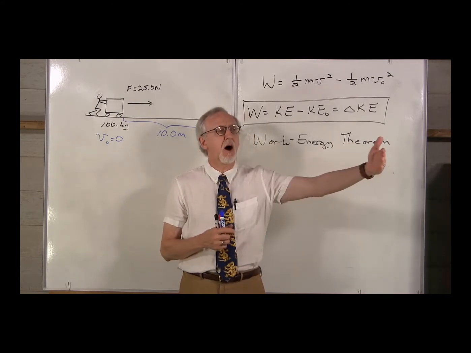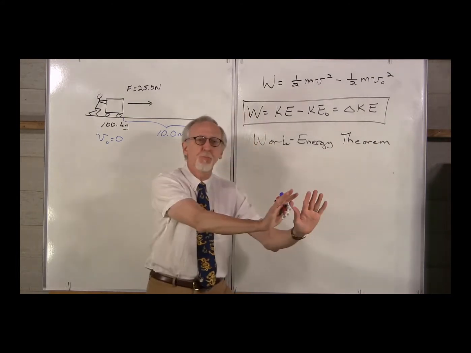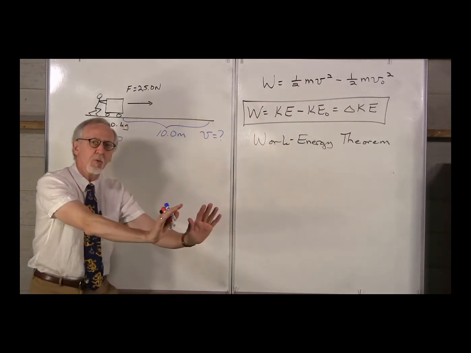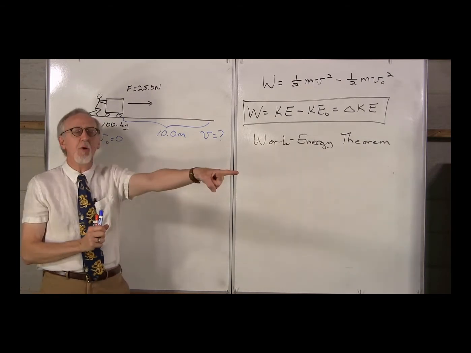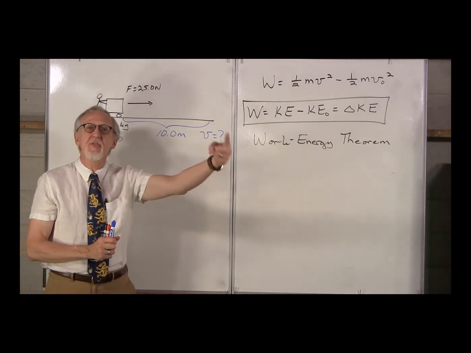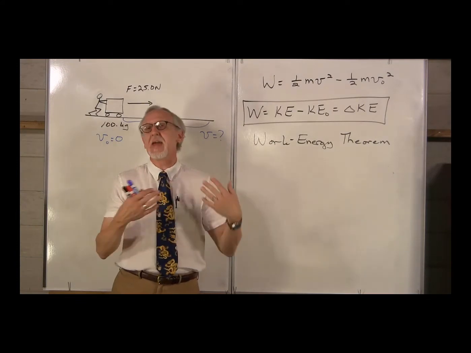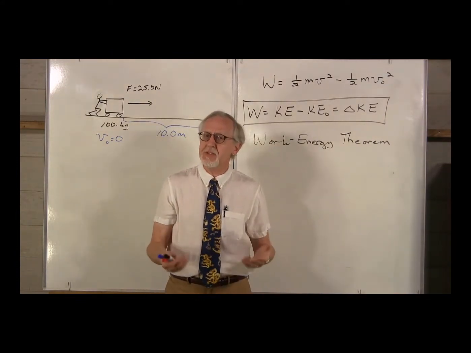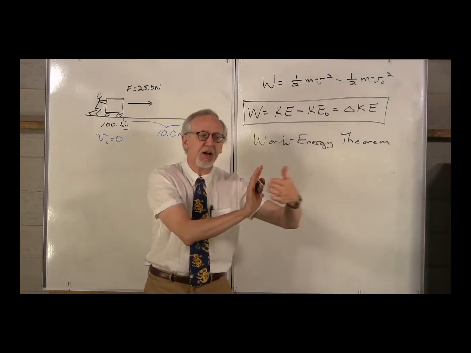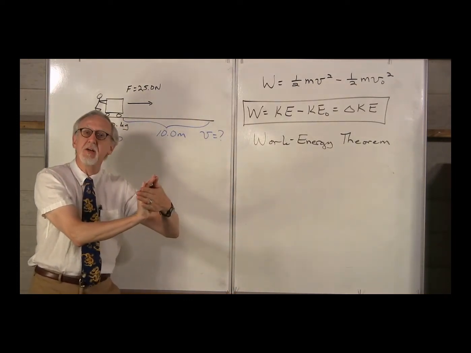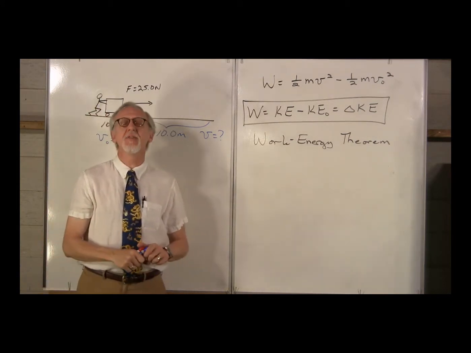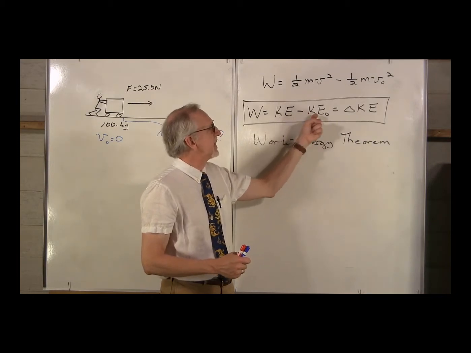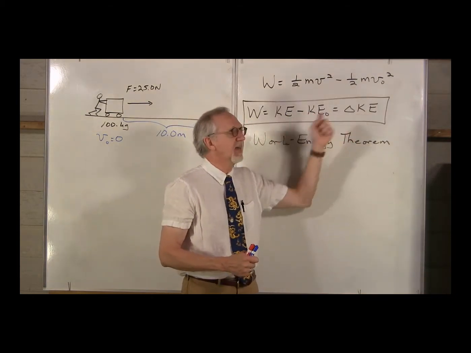What if we did negative work on an object? Imagine that there's a car rolling toward you, and you push on that car, and as that car moves forward, you have to move backwards to stop it. You are now applying a force in this direction, and the motion is in this direction. So the angle between them is 180 degrees, and the work done is negative. What happens to the kinetic energy? As you are pushing on the car in the opposite direction, the car slows down. The kinetic energy decreases, so that the final kinetic energy is less than the initial kinetic energy, and delta KE will be